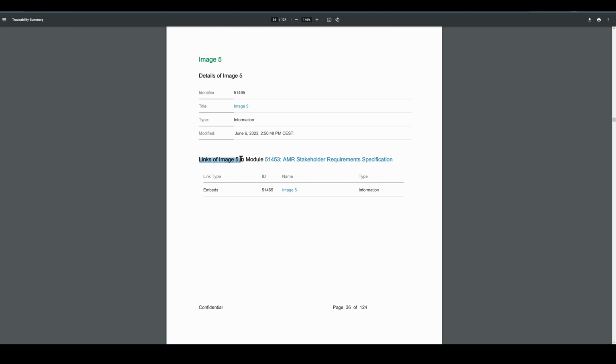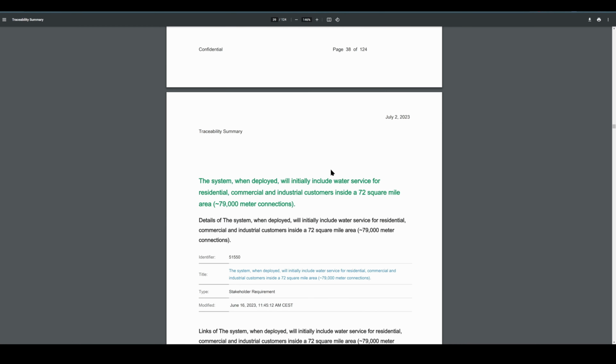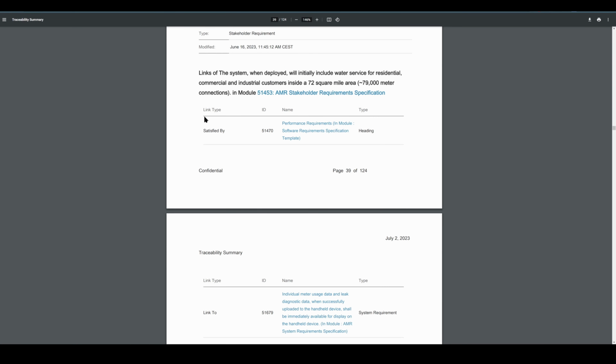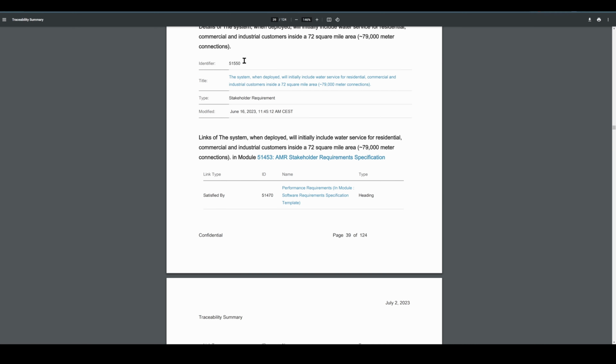Okay, links of image 5 in a module, just one link, embeds. Oh, perfect. Another one. So link type satisfied by and the link to this specific artifact. So you see we have this artifact 51550 and this artifact is linked to an artifact with this ID and this